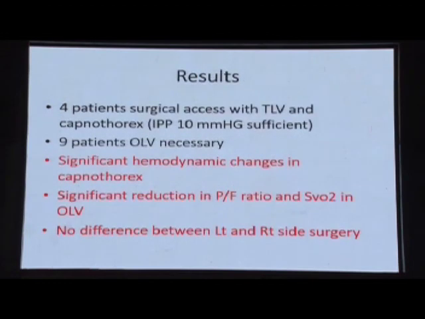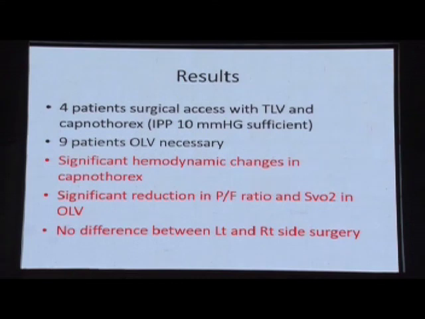These were their results. They were able to do only 4 patients for the surgical access with 2-lung ventilation and capnothorax, because they could not completely collapse the lung or have good surgical access to what they wanted to do. So they could do only 4 with capnothorax. The remaining 9 patients, they had to do with 1-lung ventilation. Their conclusion was that there are significant hemodynamic changes when you do the capnothorax. But if you don't do capnothorax, if you do 1-lung ventilation, there is a